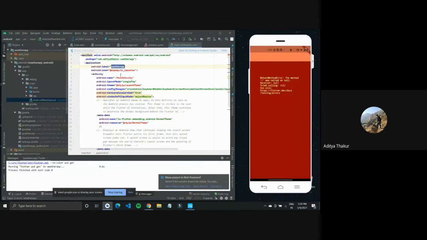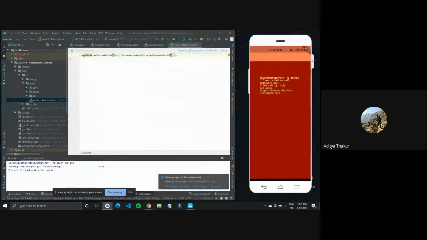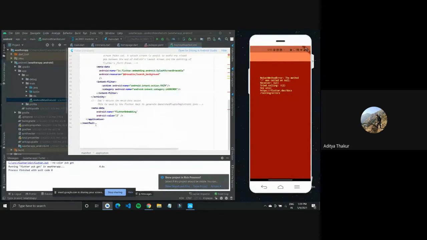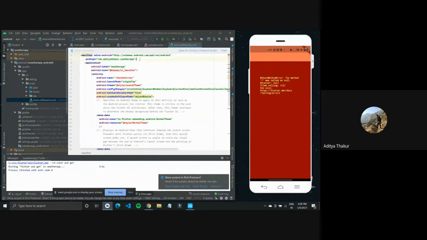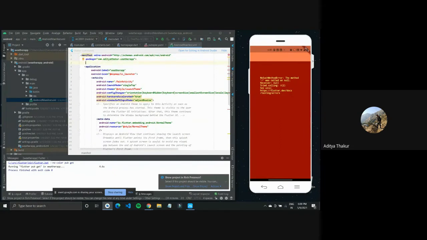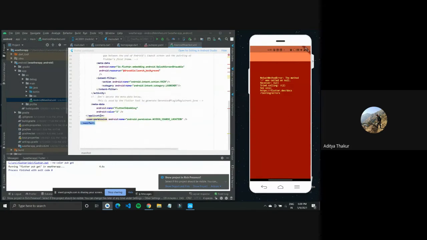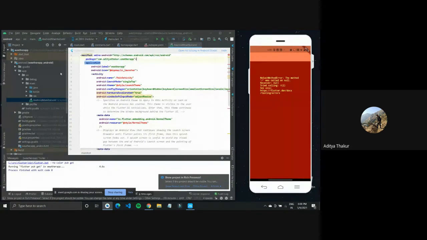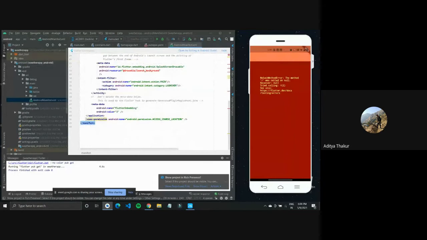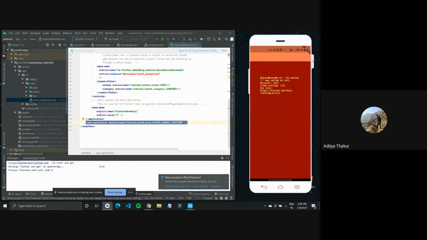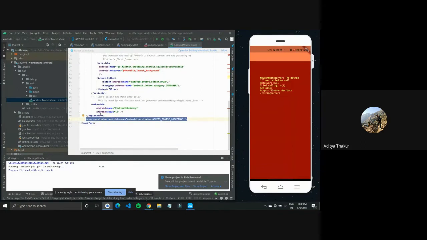So what does it mean by direct child? As in, it should be directly under this manifest tag that we have here. So I'll just go down. I'll paste it as the direct child of the manifest tag, the user permission. Normally, you would notice in many tutorials, people paste it here itself. Permissions normally go here, but I pasted it here so that it's visually visible, because some people get confused with this. I pasted it down here so that you can see it's a direct child of this manifest tag. As in, it isn't under application or something, it is just outside but inside the manifest tag. So I hope that makes sense.